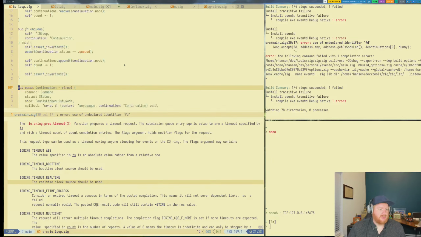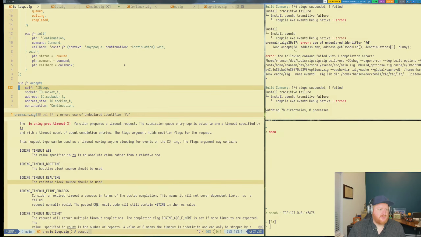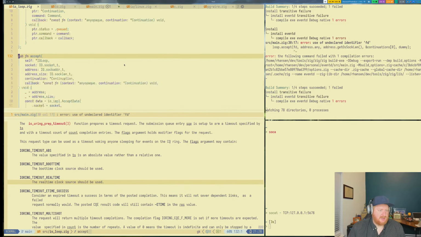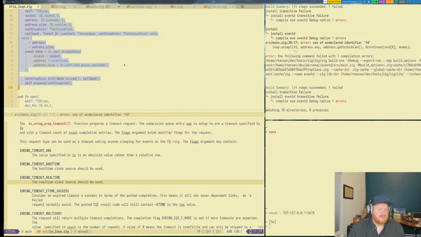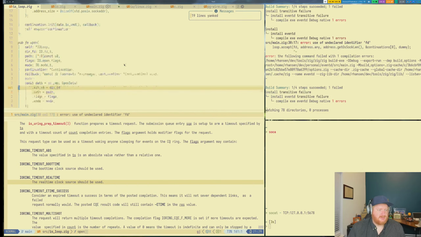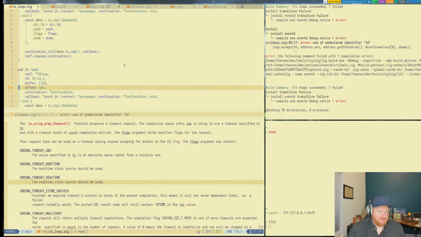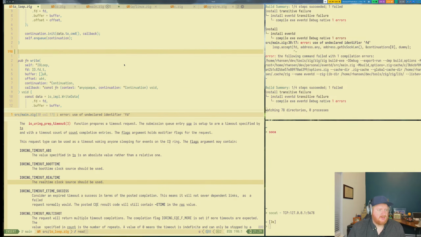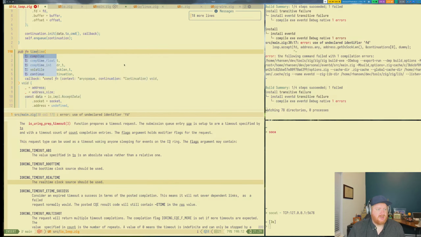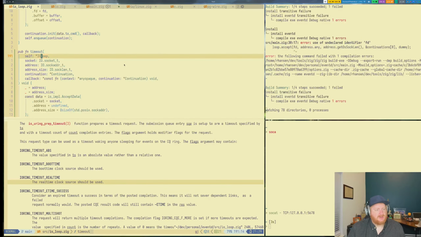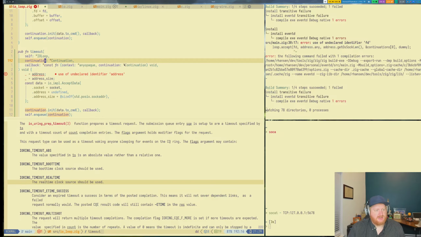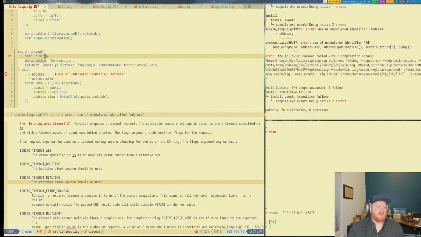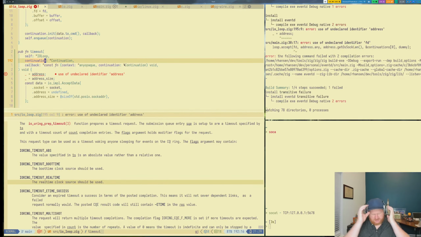So we can look at just accept here, right? This is kind of what we want to take it from. At some point I'll go alphabetize all these functions. I just haven't gotten to it. So let's call this timeout. It takes itself, not an address. It does take a pointer to a continuation, and this is